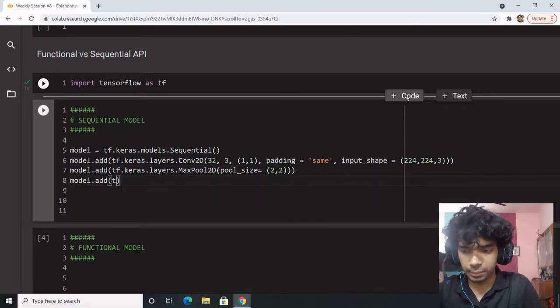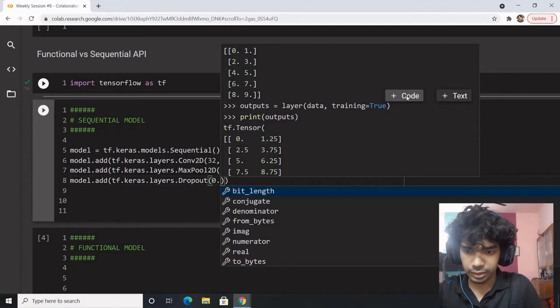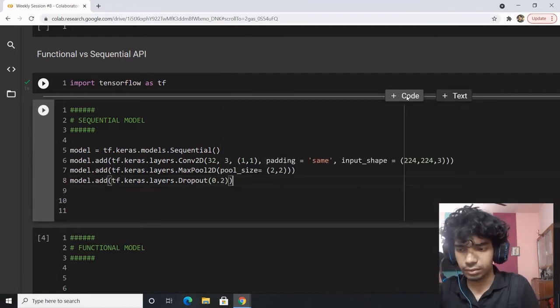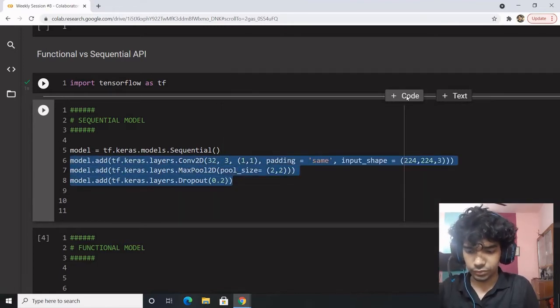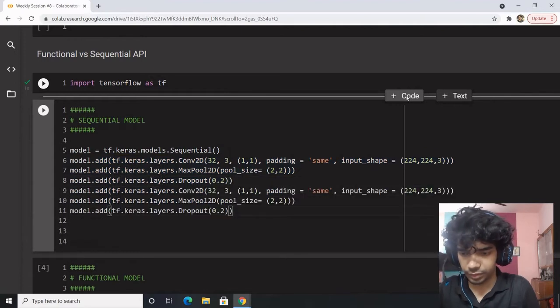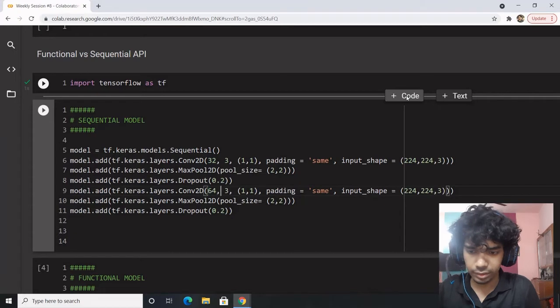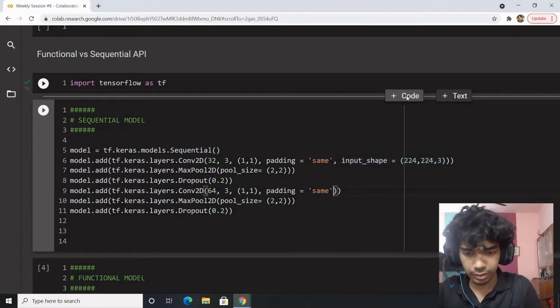I want to add a dropout layer as well, with a dropout percentage of, let's say, 0.2. And let's repeat this once more, with 64 filters. The rest remains the same, and we don't need the input shape anymore.